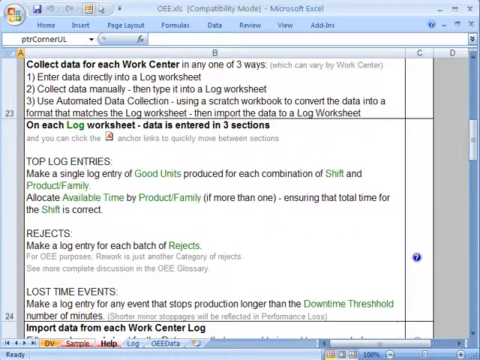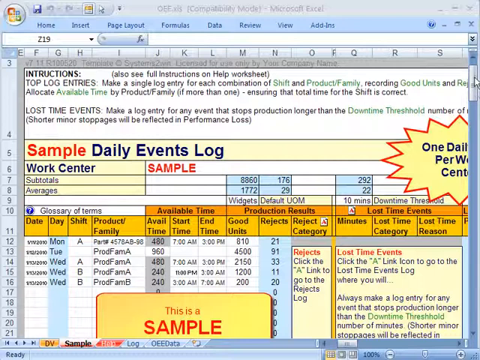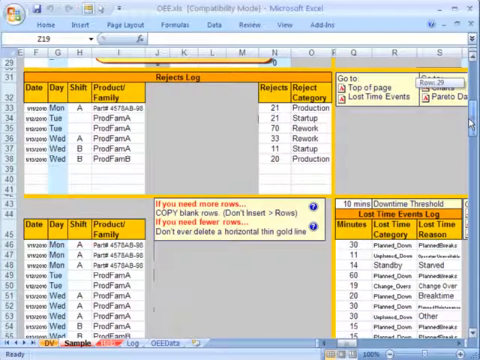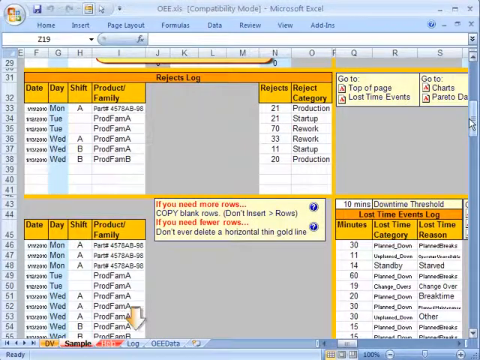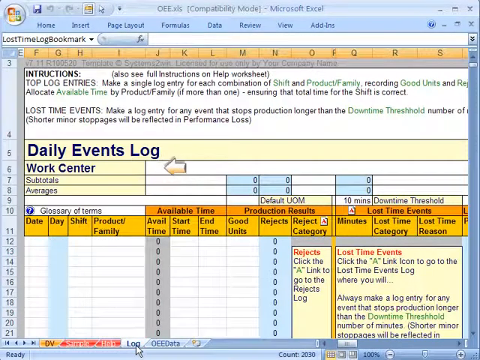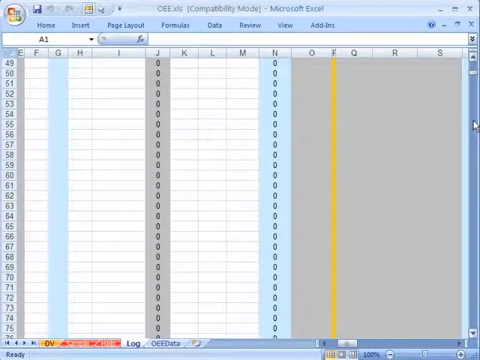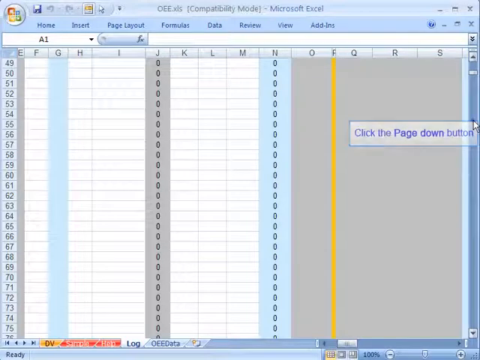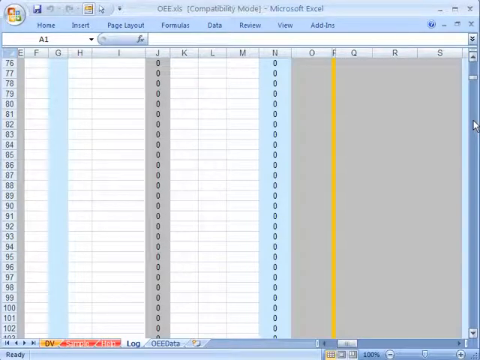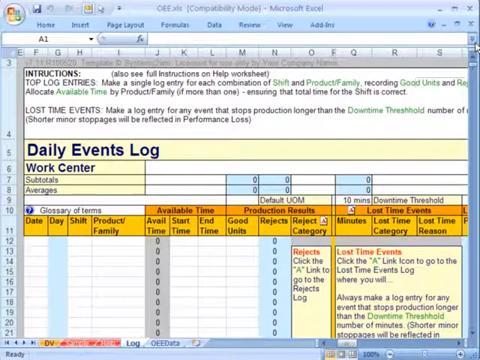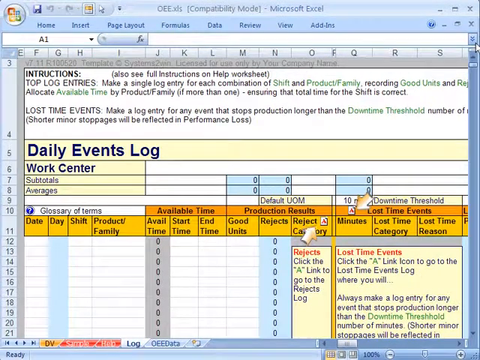What do we mean? In our sample worksheet, we had this tiny little bit of data, so we could just scroll down to those lower sections. But in the real world, each work center could have literally thousands of rows of data in each section, making scrolling really cumbersome. So let's scroll back up to the top and notice these little A link icons that you'll find in various places in many Systems to Win templates.